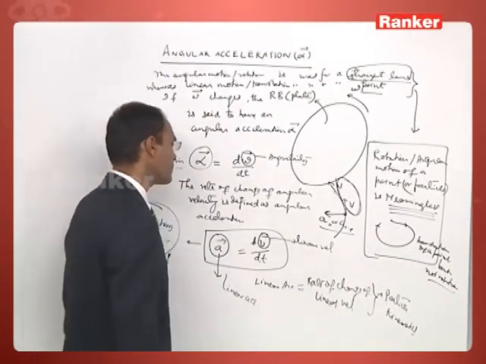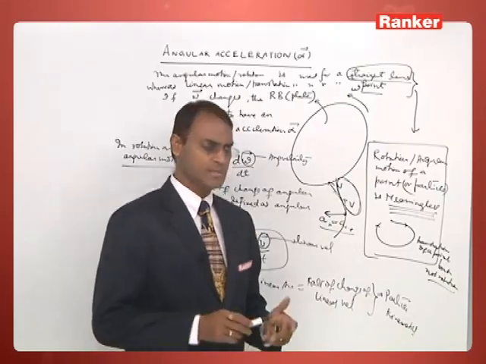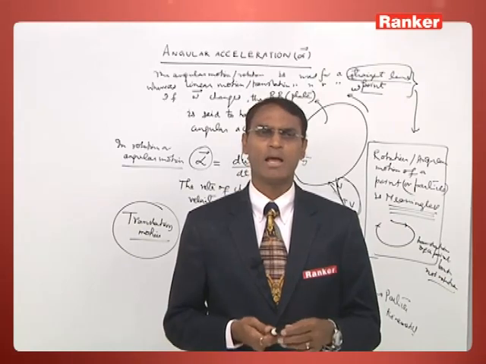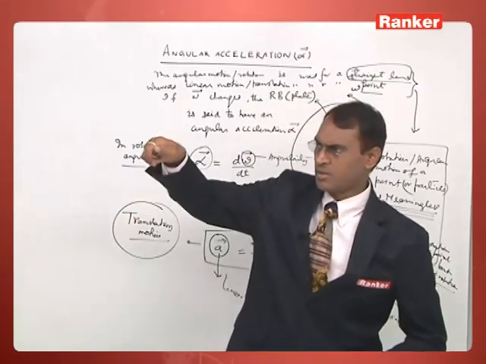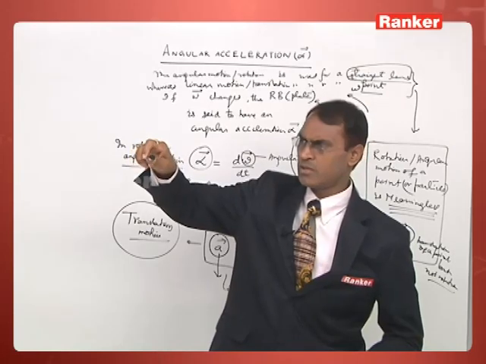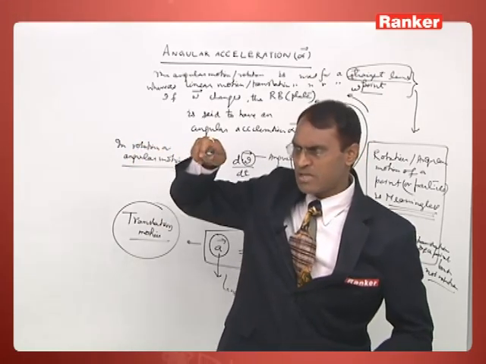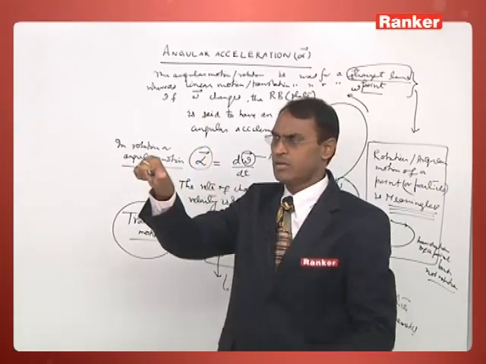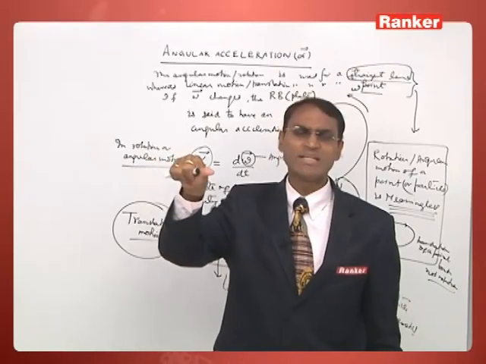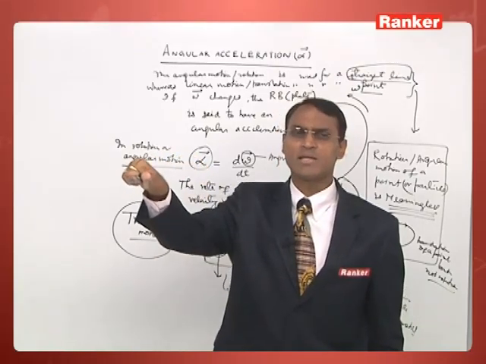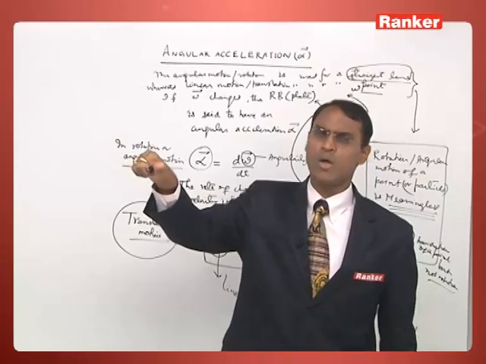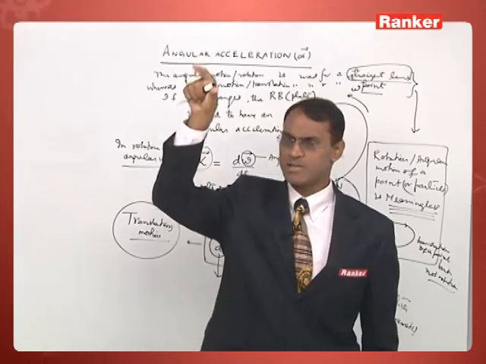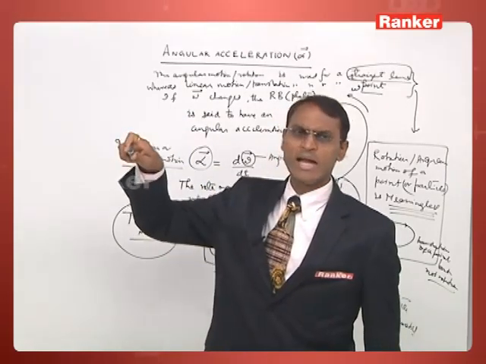Similarly, when the direction part of the angular velocity changes, the body is said to be having an angular acceleration. For instance, this body is rotating like this or rotating like this. When it rotates in anticlockwise manner, the extended thumb represents the angular velocity direction. This is outward, or anticlockwise, or along positive z direction, if you take this x direction and this y direction. Well, when it is rotating in anticlockwise manner